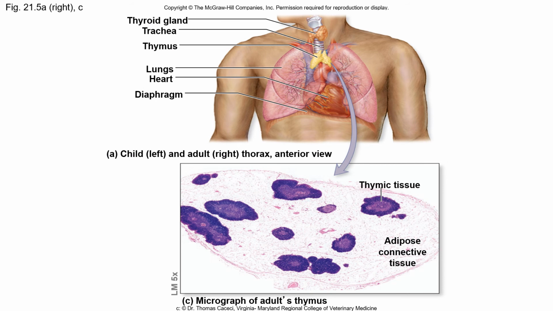This is what an adult thymus looks like. You'll notice that it's much smaller. It no longer covers the atria of the heart. Much smaller area here. And you'll notice that most of it is adipose tissue at this point. Only little clusters of thymic tissue, active thymic tissue, remain. That's because as you get older, your body seems programmed to produce less and less immunity to new things the older you get. So this is one of the reasons why children who grow up in, say, Latin America don't